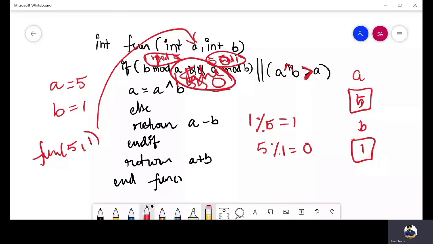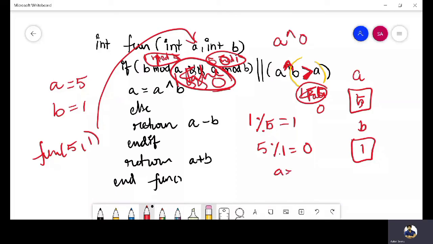So b greater than a should be performed first. After that, you perform the exclusive or. So b greater than a, that is 1 greater than 5, which is false, nothing but 0. And it will be like a exclusive or with 0.